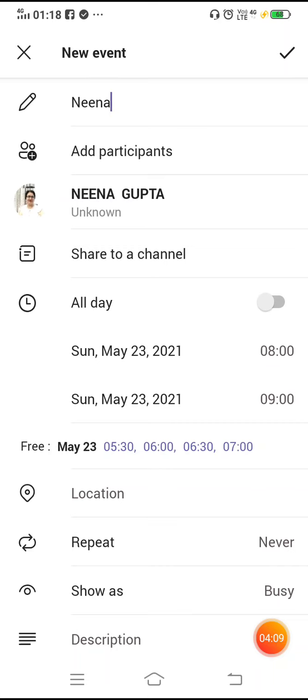Here one thing I want to tell you, this meeting you can start any time or can end any time. This time is just to inform the participants, the group members, when we are going to start the meeting and when we are going to end the meeting. We will do that, but suppose you are starting meeting 5 minutes before, or you are ending 5 minutes before or 10 minutes later, then no problem.